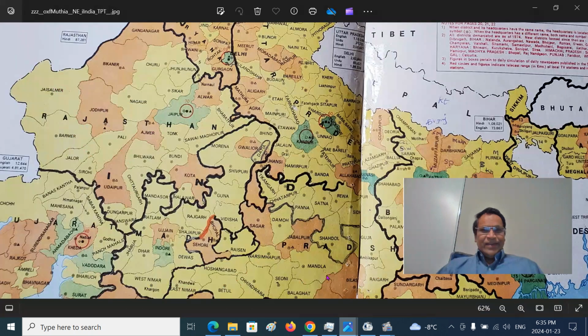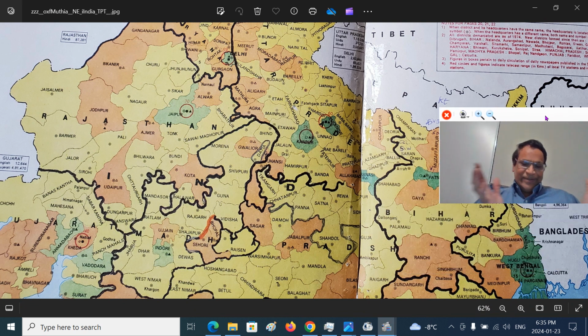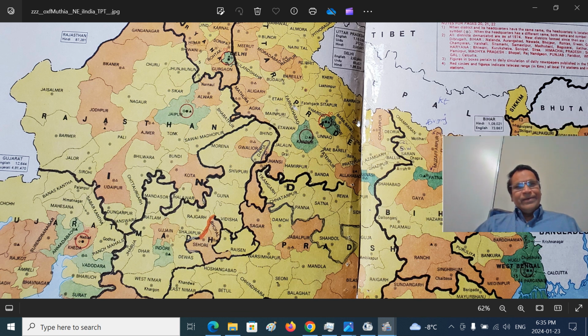You see, the United Provinces are Uttar Pradesh. Most of the time, I will be referring to United Provinces so that the audience will be familiar with historical terms, history and heritage. This is done with a particular point in mind. So United Provinces, this is the panhandle. Jhansi, Lalitpur: previously Jhansi district, the later southern part was carved out into Lalitpur district. Lalitpur panhandle, or broadly we can say Jhansi panhandle.